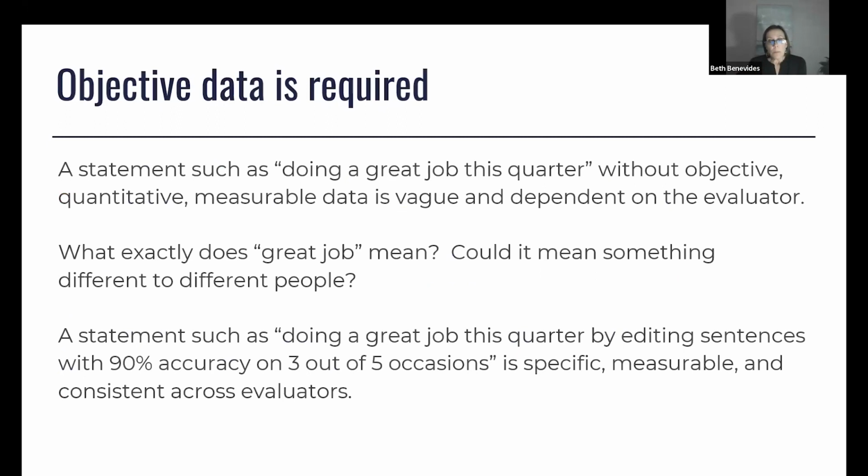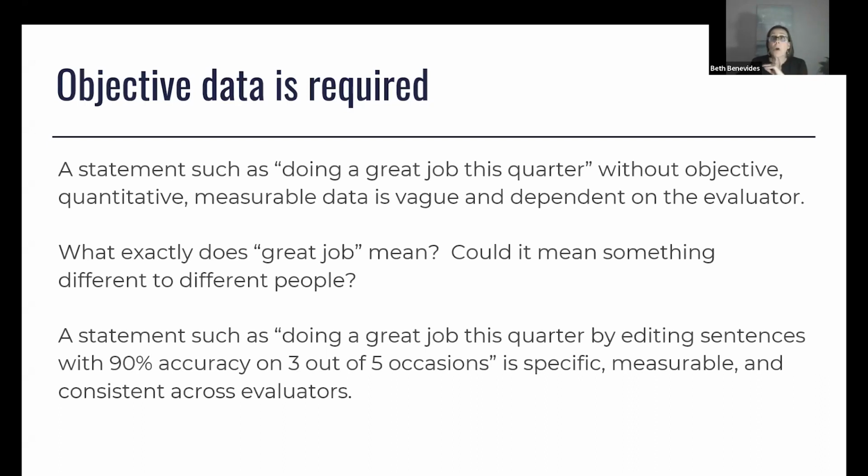And I just want to remind you that objective data is required, okay? When teachers, and you can see this a lot of times in the progress notes, say, oh, so-and-so is doing great this quarter, such an excellent quarter, it sounds great, right? But what does that mean to an objective person reading it? If I don't know the child and I pick that up, so good, he's having a good year, but what does that really mean? We have to have that objective, quantitative, measurable data to really show us,